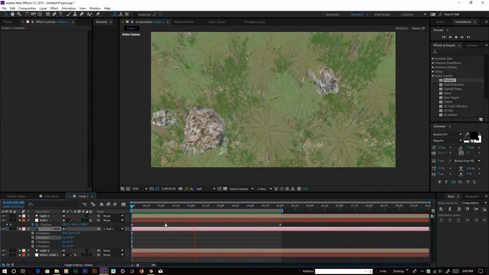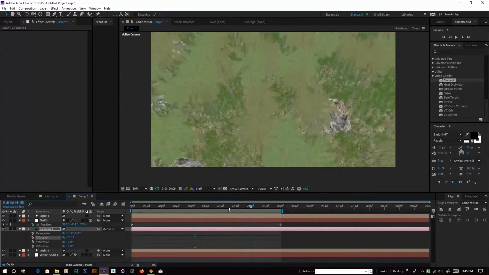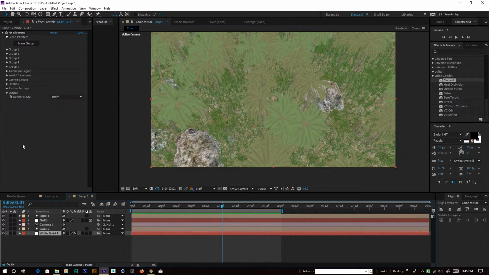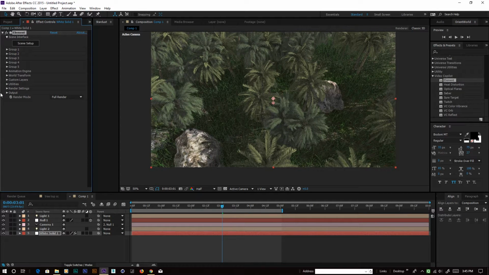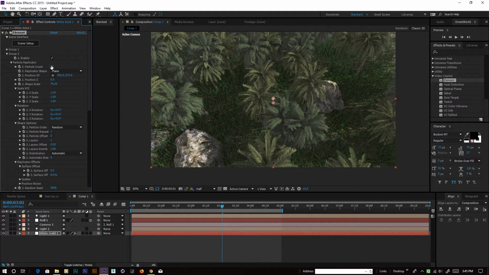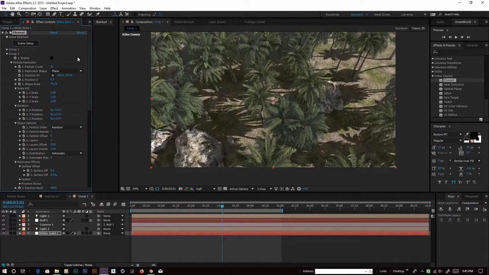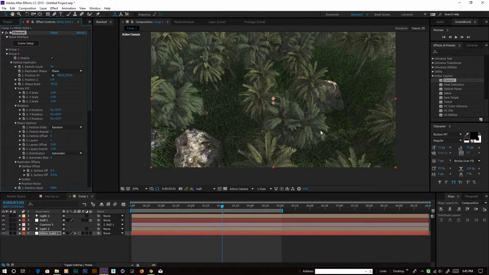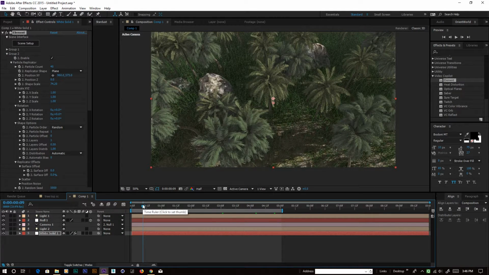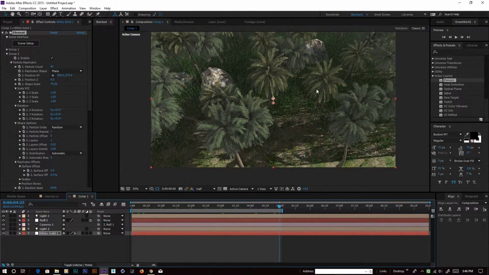Okay, so now it looks like this. So maybe we need more grasses, but let's turn on the full render, so it will look like this. Maybe we increase the grass amount a little bit, so maybe 40. So it will fill up all the ground here. So it looks nice, and also